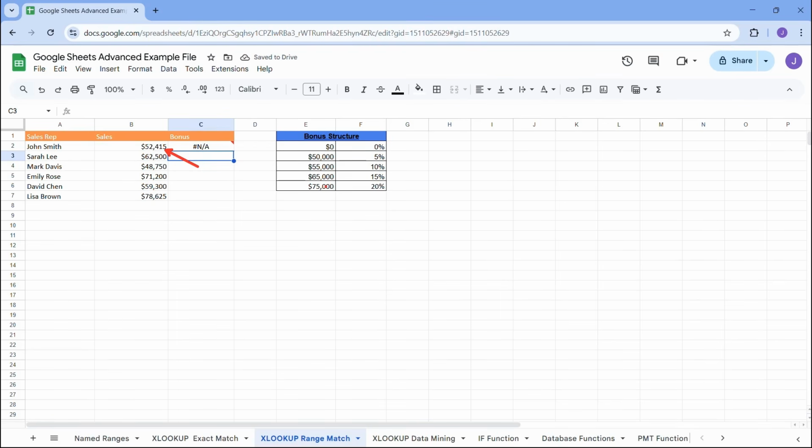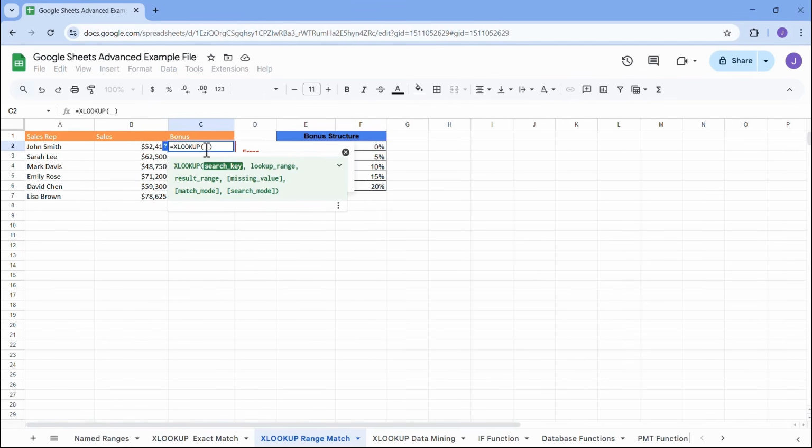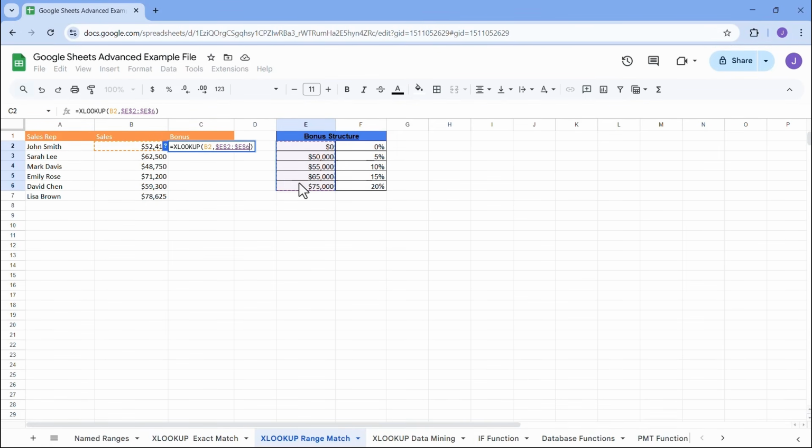But really, this person, John Smith, should be getting 5%. But to fix this, we're actually going to change it up a little bit. I'm going to say that what I'm searching for is the sales. I am searching for it in this list of sales, and I want to be sure that I absolutely reference that. And then also I am looking for the result to be the percentage of bonus they're getting, and I'll absolutely reference that. But this time, I'm going to go through match mode, and I'm going to say I want the